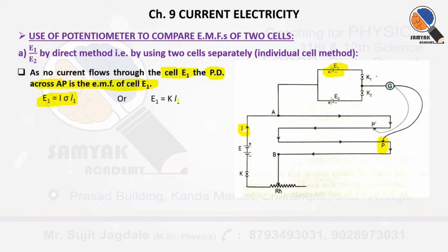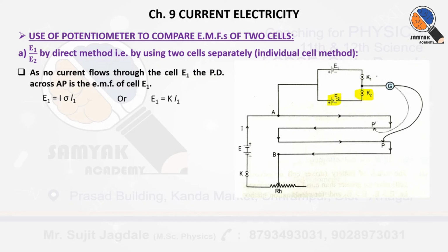E1 is equal to KL1. Or in other words, we can say that the potential difference, which is nothing but the EMF of the cell E1, will be directly proportional to the length of AP, which is L1. It is according to the principle of potentiometer. Now we are going to open the key K1, and now key K2 is closed,